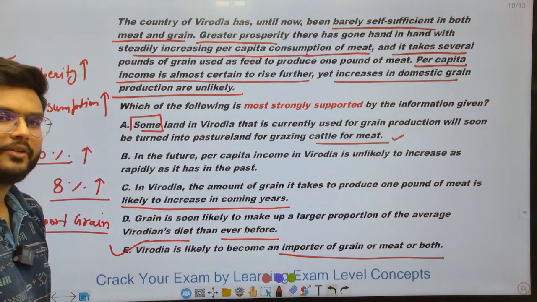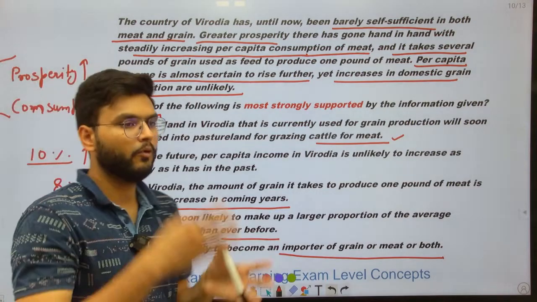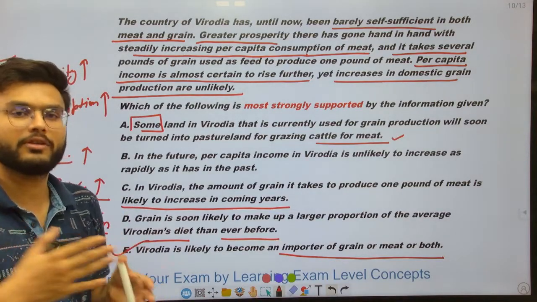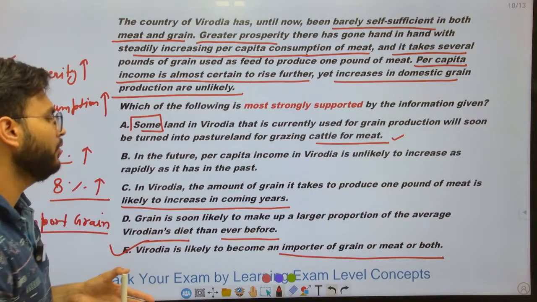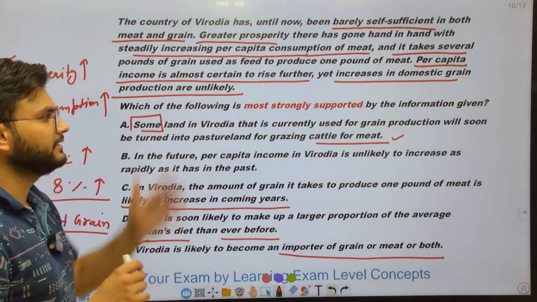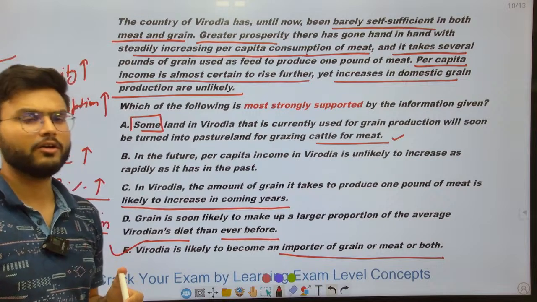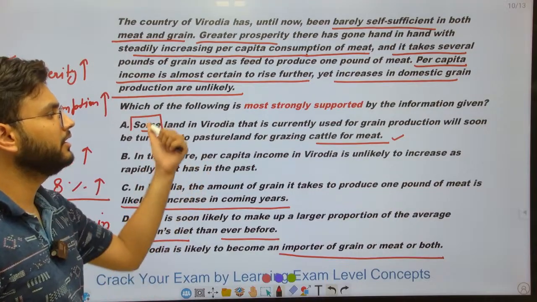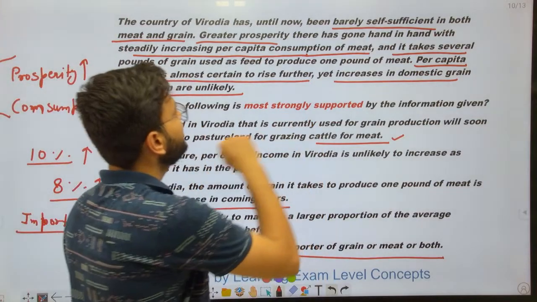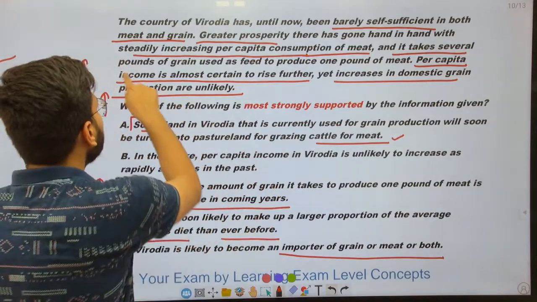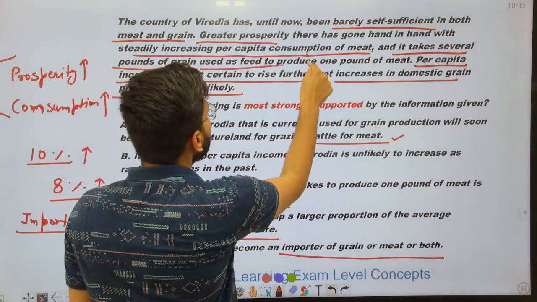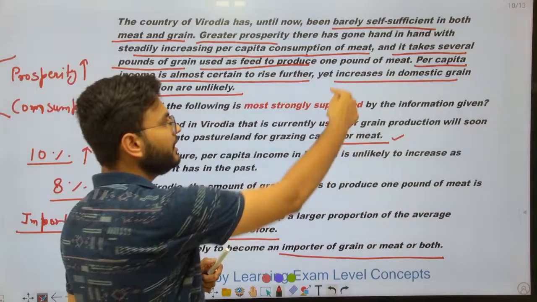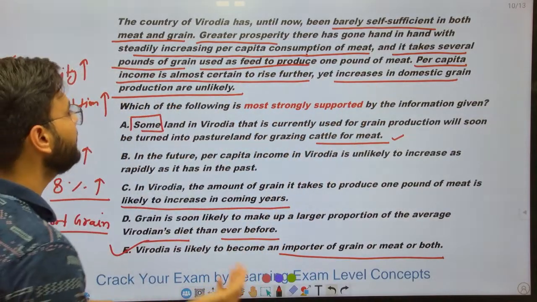because it gives you a reason to believe if you import more grains or more meat, both things work. Your consumption of meat also improves, means you have more meat, your consumption will automatically be satisfied. If you have more grains, then you can feed it to the cattle and the domestic animals, then you will automatically have more meat also, because it was said that it takes several pounds of grains used to feed. So you have the grains to feed,